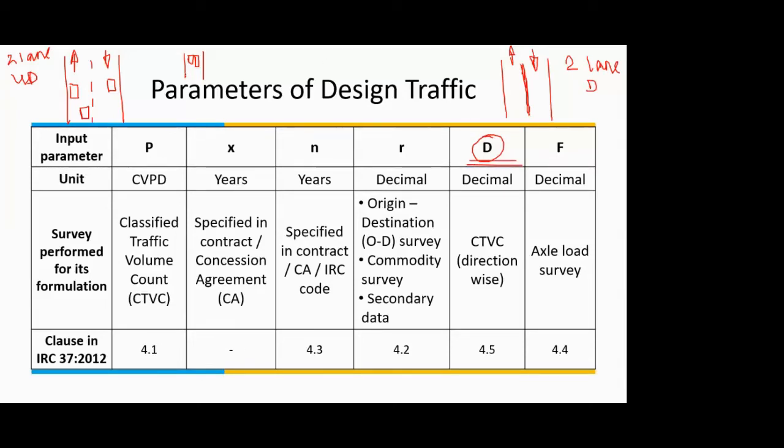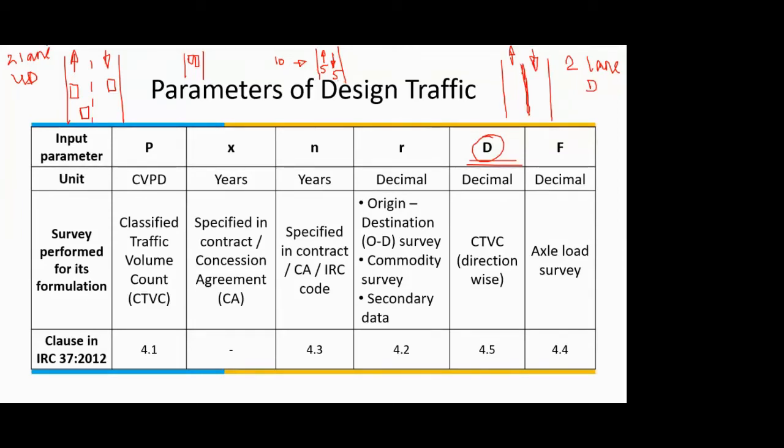Okay. Now if I say that suppose there are 10 vehicles and they are traveling on a single lane road, and 5 vehicles are traveling in the up direction and 5 vehicles are traveling in the down direction. As it's a single lane, those 5 vehicles on the left and 5 vehicles on the right will follow a more or less single path. Okay, they will not deviate much on the left or right side.